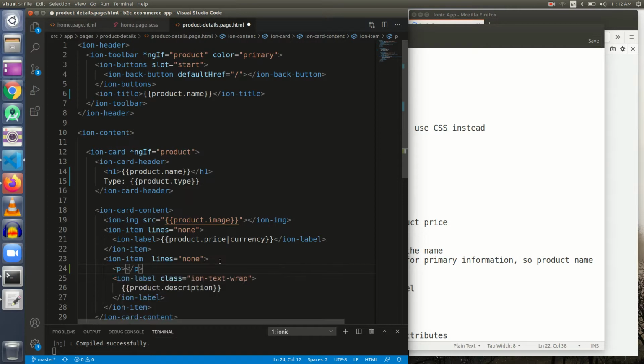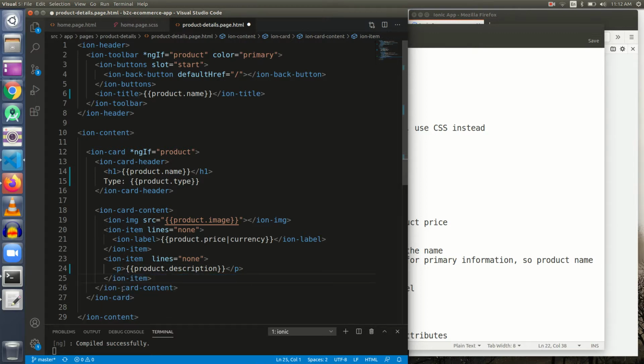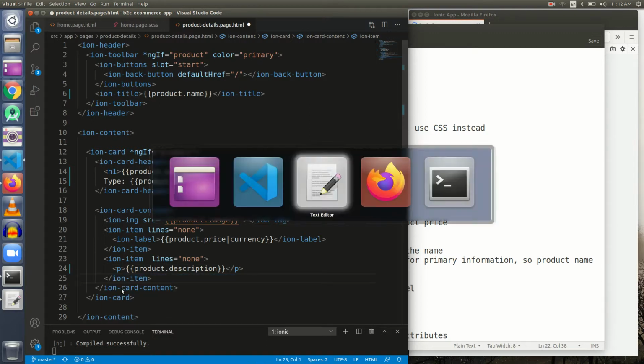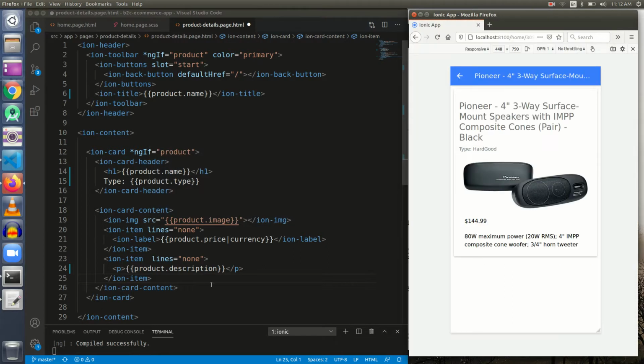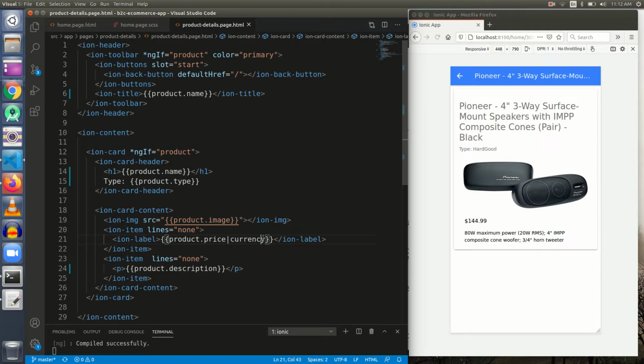This is the HTML paragraph tag, as we all know, and let me put this product description inside this p tag, and let's just remove this ion-label, and let us save it. Let me put the UI, here it is, and let me save it. And I think there is no problem with the UI.